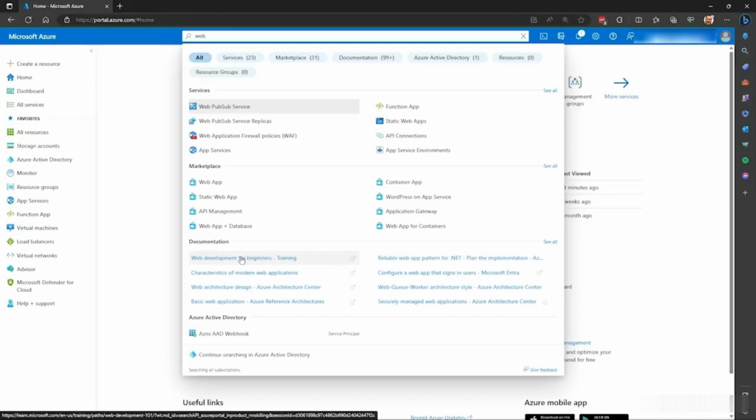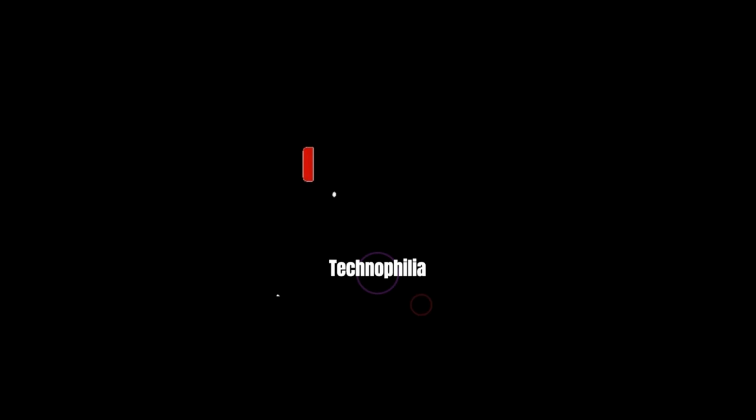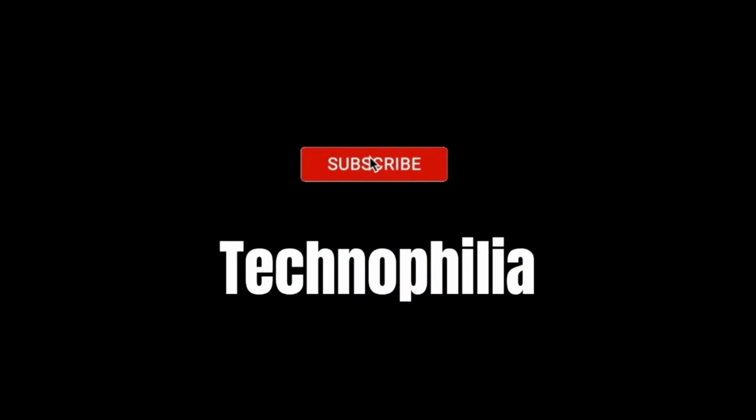I also have documentation that's listed here. So the search bar in the Azure portal is very powerful, and if you're looking for something where you want to go,